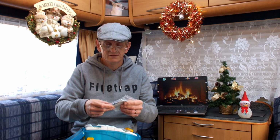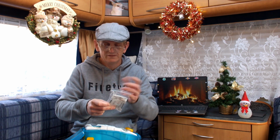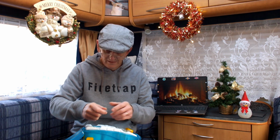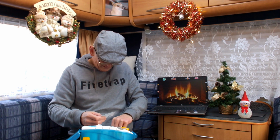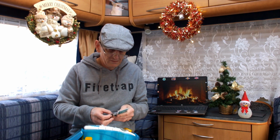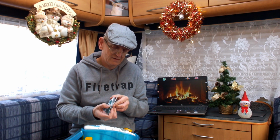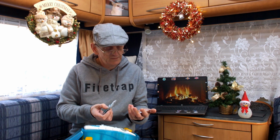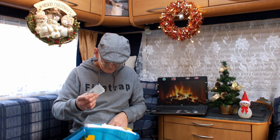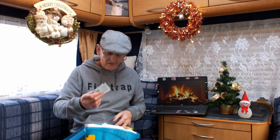There could be about 30 or 40 plasters in there, all separate ones, so rather than you having to look for a pair of scissors and start cutting one, they're there. So right, sterile dressings, it looks like 1, 2, 3, 4, 5, 6, 7, 8, 9, so there's 10 of them, all sterile wound dressings, so you can clean a wound up with them, which is quite important because if infection sets in,